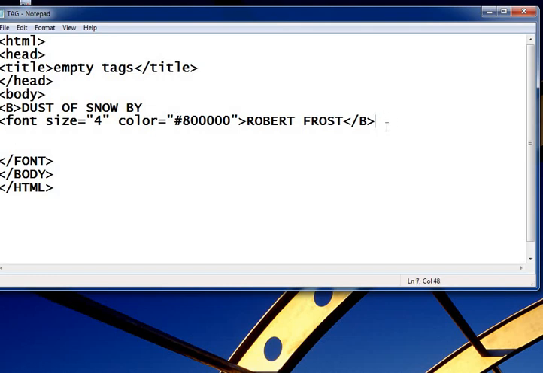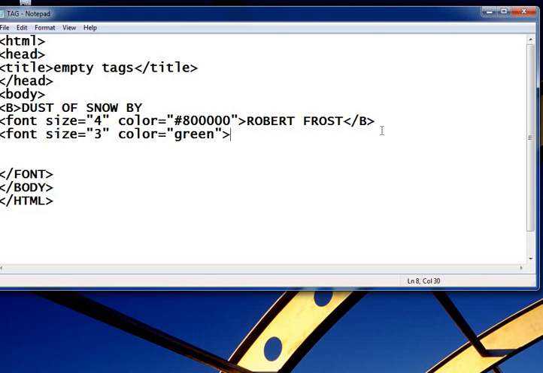For example, I add again one font tag, font with the size equal to 3, the default font size is 3, so I just add 3 here, and color is equal to green.